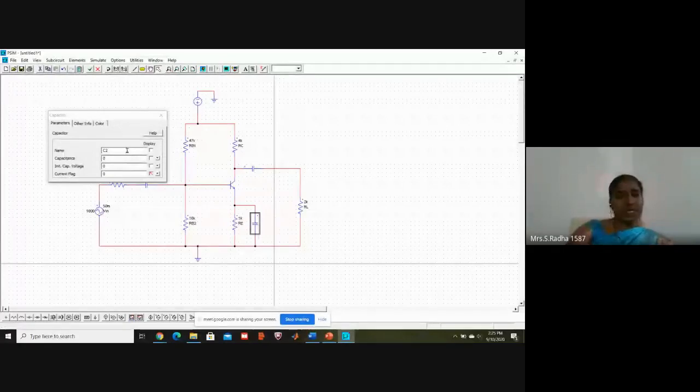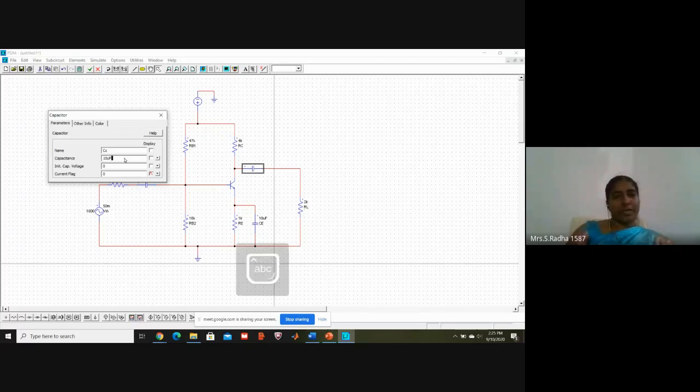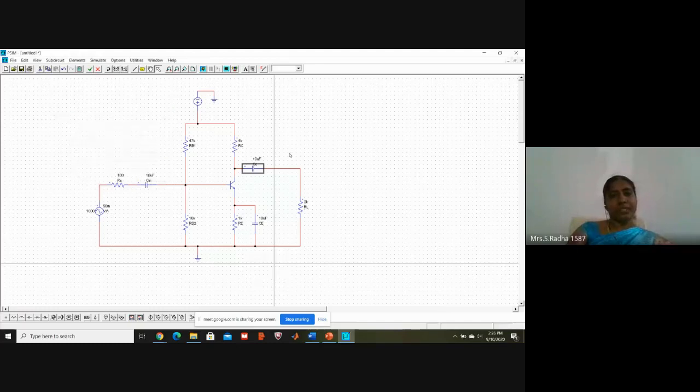So I will give the name CE and the value is 10 microfarad, small u, 10, and then capital F, microfarad, and give the display. And this is the output capacitor or coupling capacitor, CC, and this is also 10 microfarad. Okay, three capacitor values I have given.